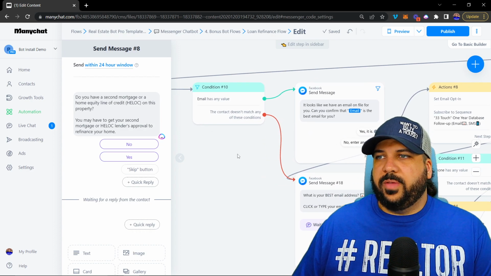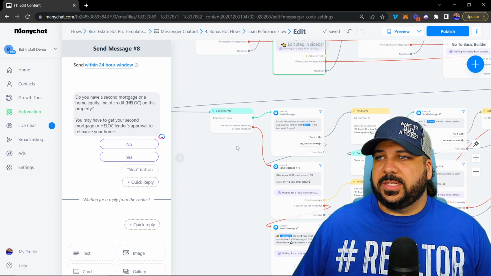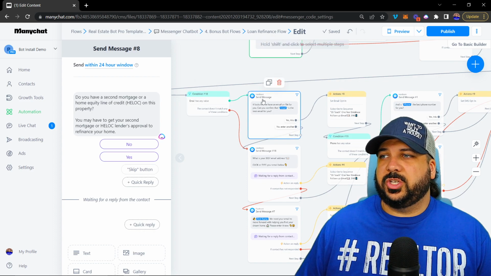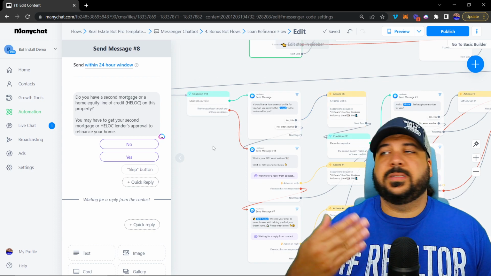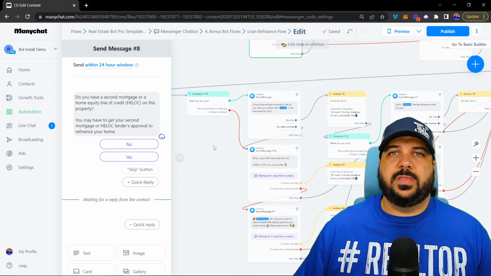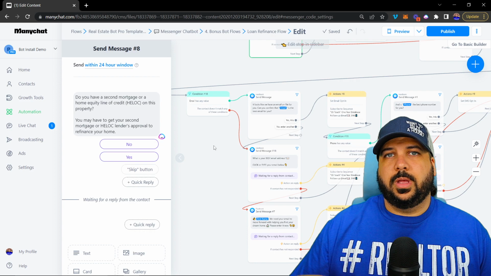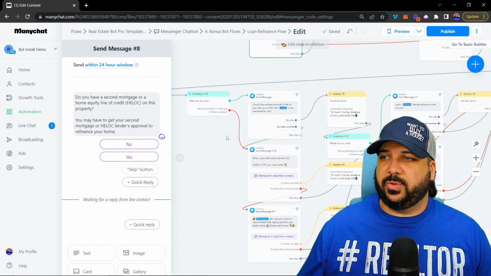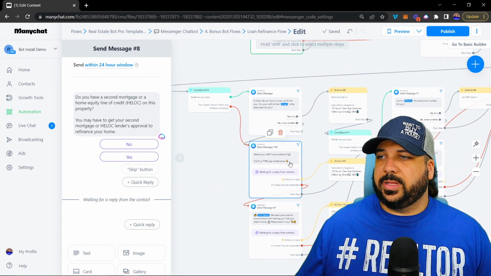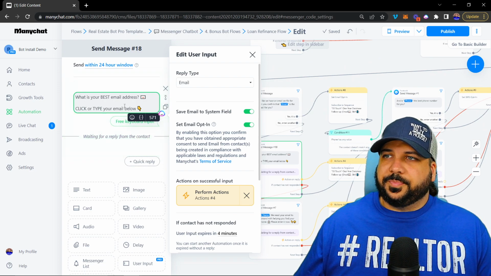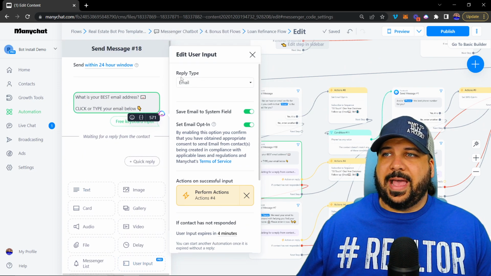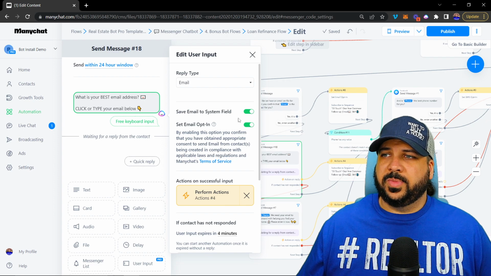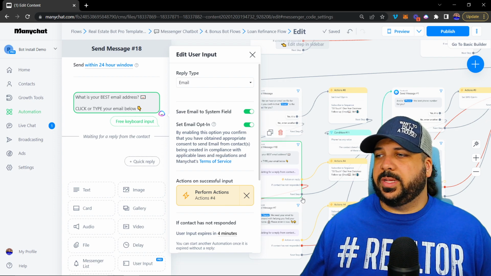At the end, if you want to capture their email, the easiest thing to do if you're not using this template is to not use this condition and check anything. I added in some more steps so that it makes the experience for the user a little bit more streamlined. But in terms of building the chatbot, it makes it a little bit more complicated. So if you're just building the chatbot, I'd probably send them directly to a user input box that has the reply type as email. So you can see here, I got text, multiple choice. Down here is email. And then I'll turn on the system fields and the email opt-in and basically just have them answer that question